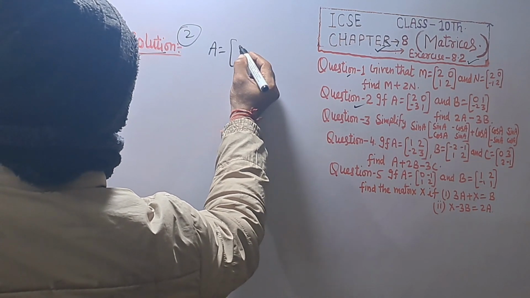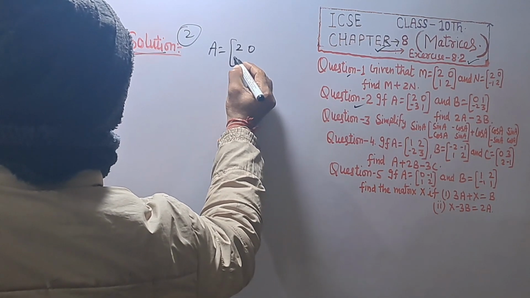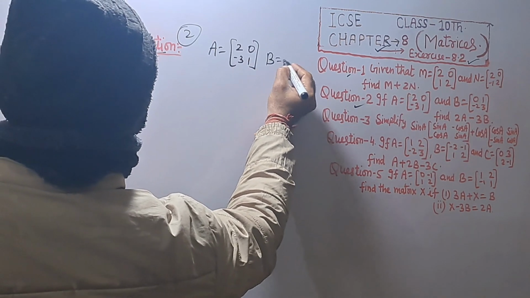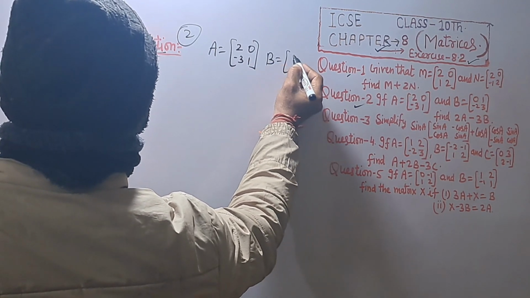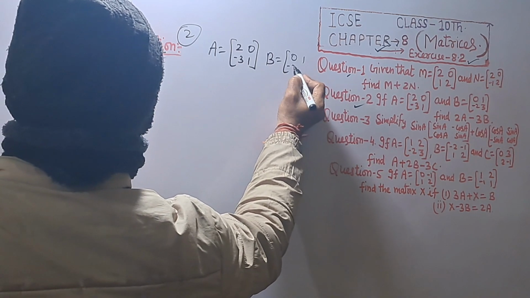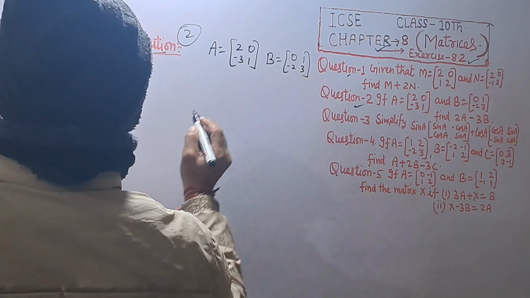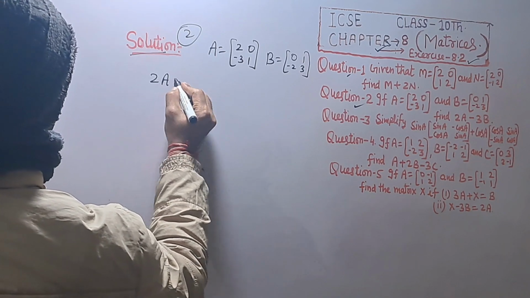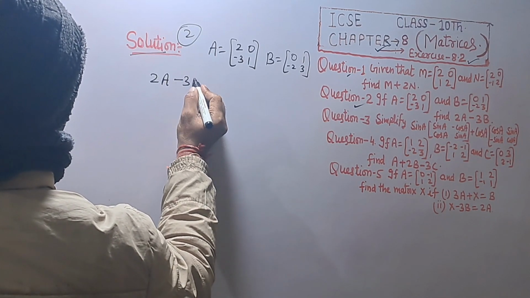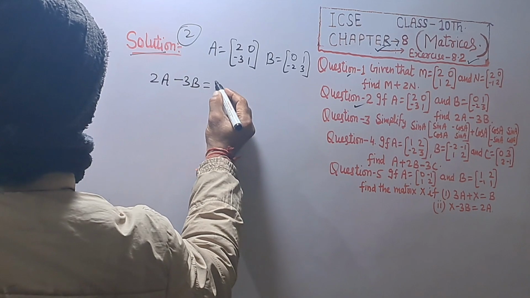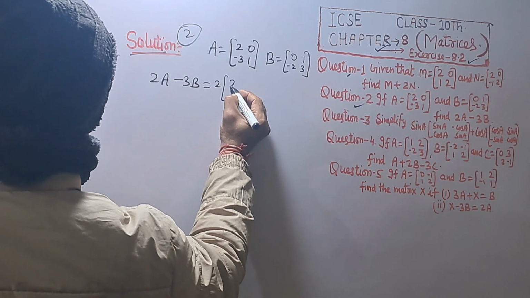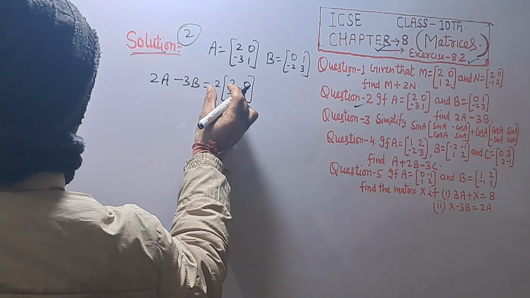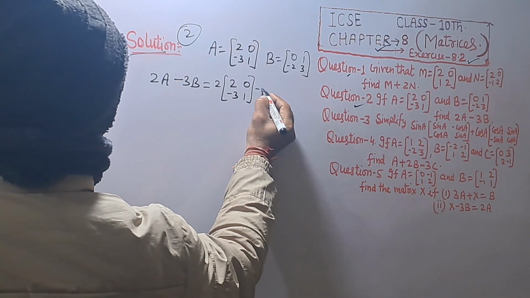A is equal to [2, 0; -3, 1] and B is equal to [0, 1; -2, 3]. We find 2A minus 3B, that is equal to 2 into [2, 0; -3, 1], that is 2A, minus